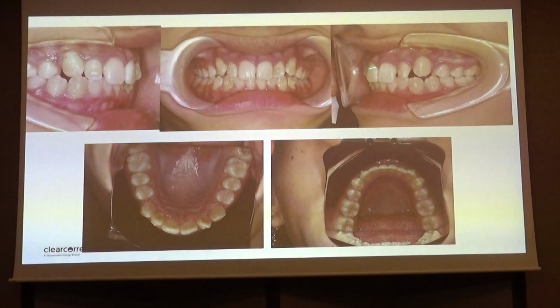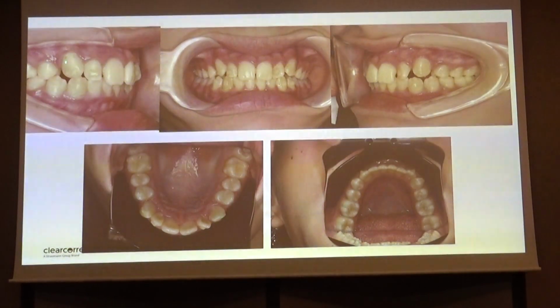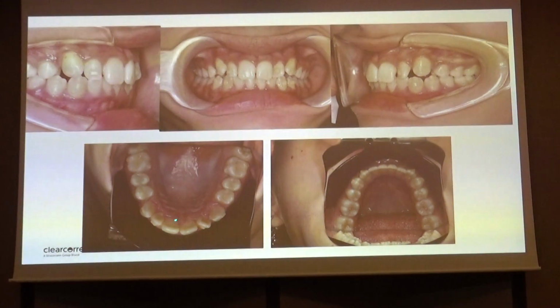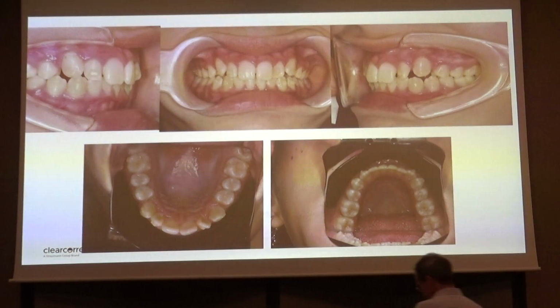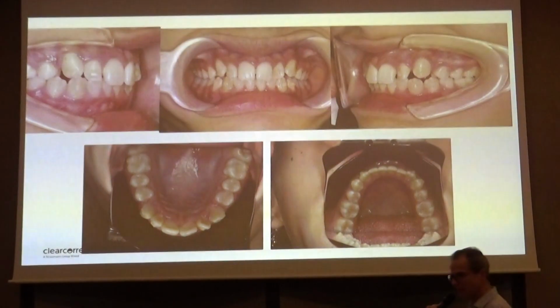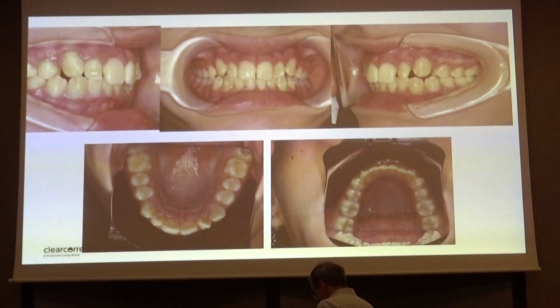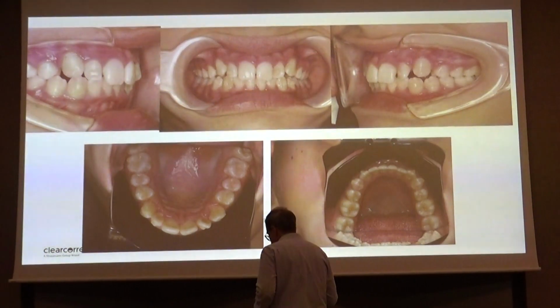And we staged this case. Now, first I'm putting in class 1. I need to reach the class 1, and after reaching the class 1, I will start the rotation of the lateral. This could be seen as a limitation of my treatment, I would say, because the patient, the reality is